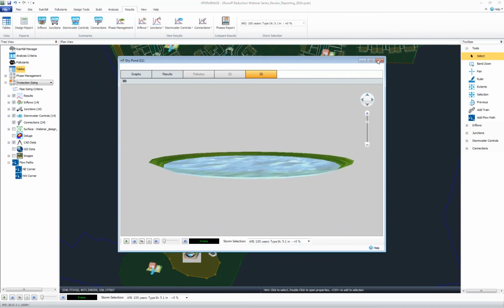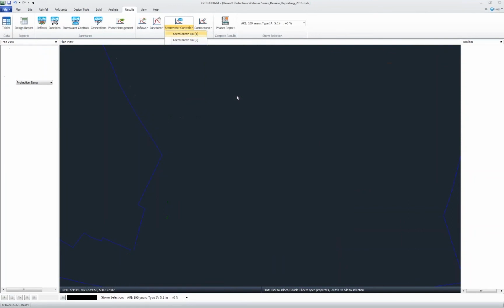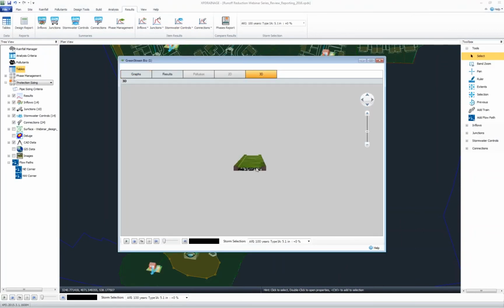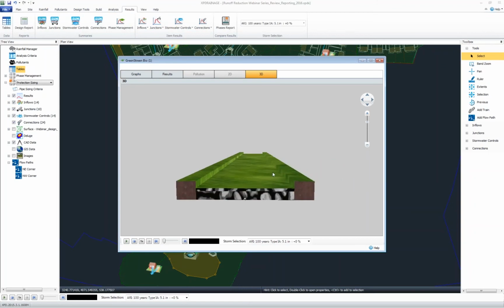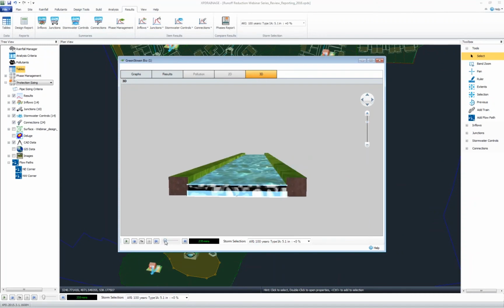I can show a different one. Pond might not be quite as exciting. What if I picked one of these? I'll just pick a random bioretention system. So let's go to the 3D view of the bioretention. Again, these little green street systems, vertical walled with filter underneath and a drain pipe. You'll see if I begin to play this simulation, how this fills up. And this really does do a great job of showing the purpose of why